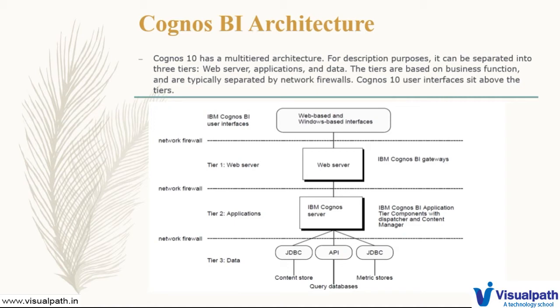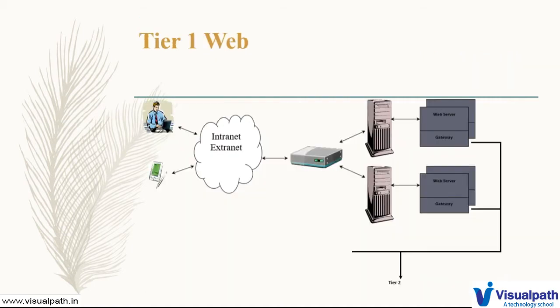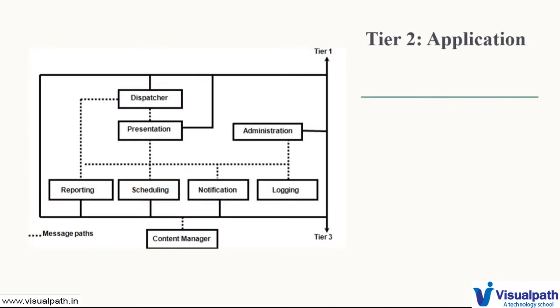Our first step is to log into the Cognos system. So it extracts the info and works upon the information sent by the various gateways to log into the system, in a nutshell. And then we have the application data tier, which is basically like the database for Cognos. So this is a basic data flow for the application tier.